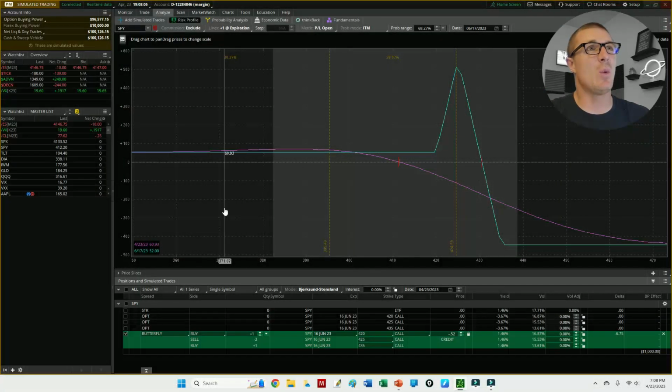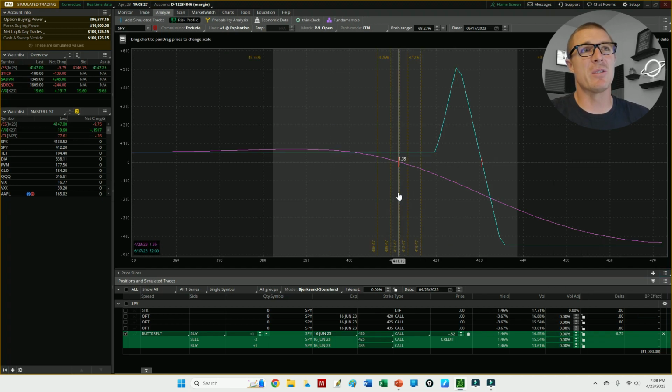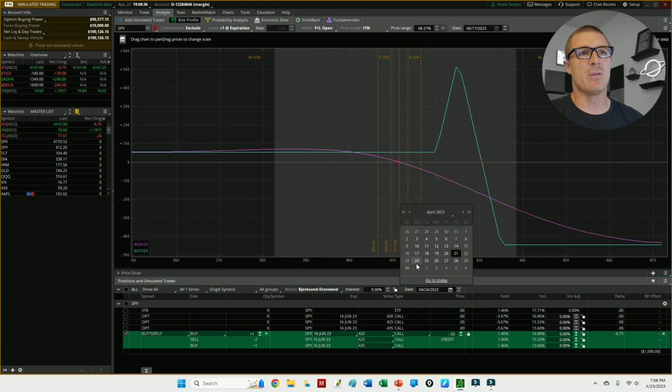As long as it stays anywhere down here, I'm going to make at least $52, and then if it finishes in my profit tent, I'm going to make considerably more. So if price goes down by $5, I'm going to lose $37. If it goes up, I'm going to make 28. So just looking at this from the risk reward aspect of it, let's fast forward just